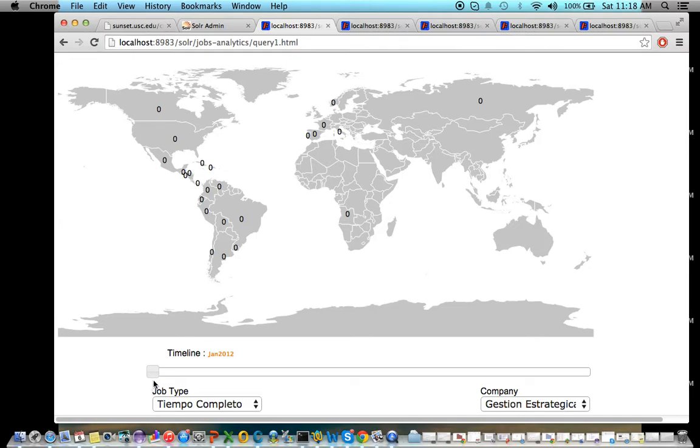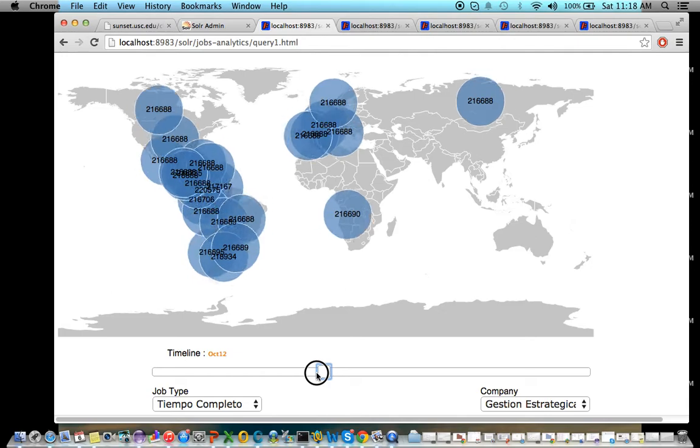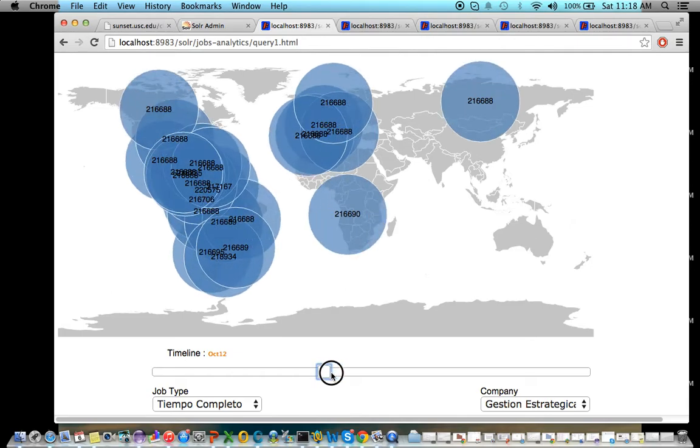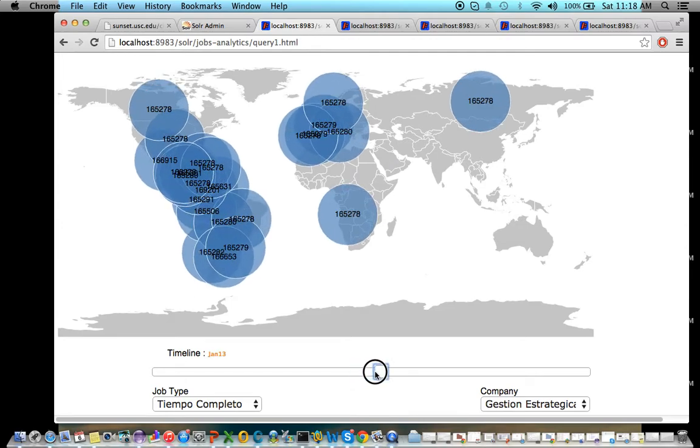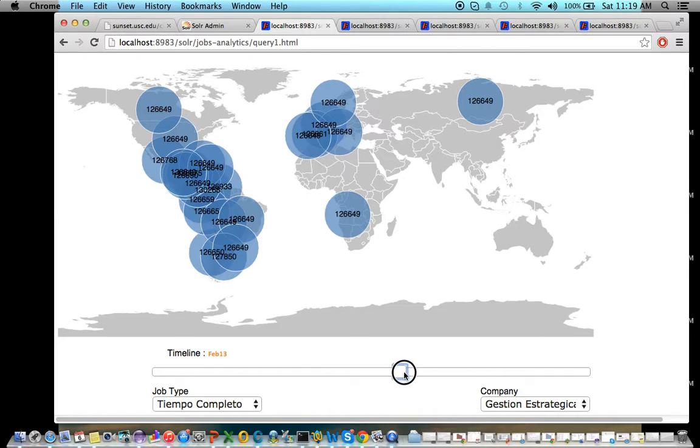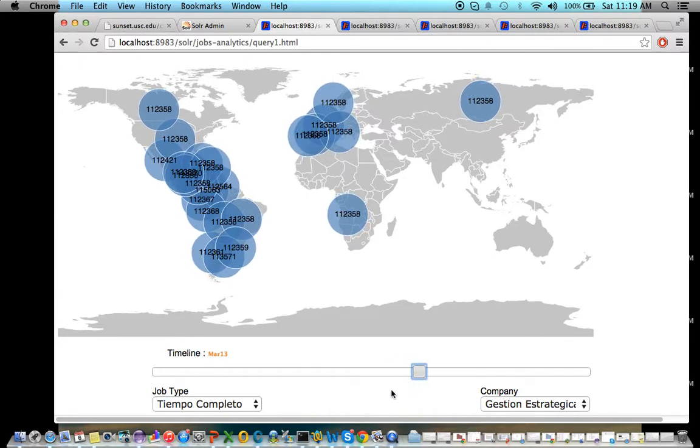The job postings are represented geospatially on the map, and we have provided a timeline to view it temporally, since you can change the month you want to view the postings in by sliding down the timeline. The labels on the bubbles indicate the number of jobs in the geospatial area highlighted by the map. As the number of jobs increases, the size of the bubble increases. We can see that there are a maximum number of jobs in South America, and some jobs in North America and some parts of Europe.